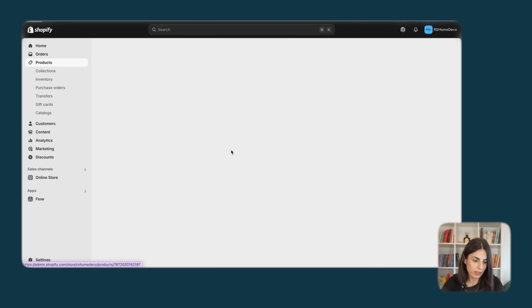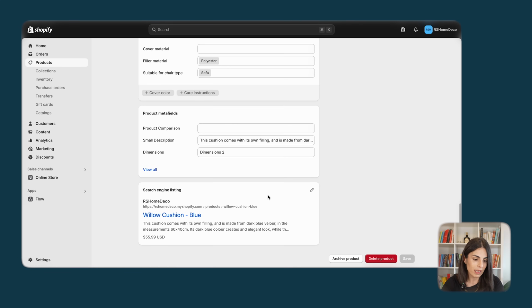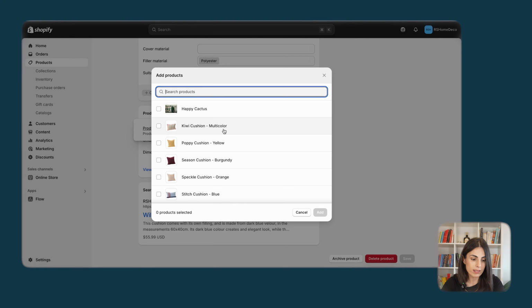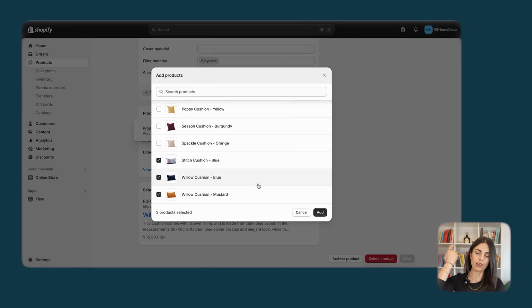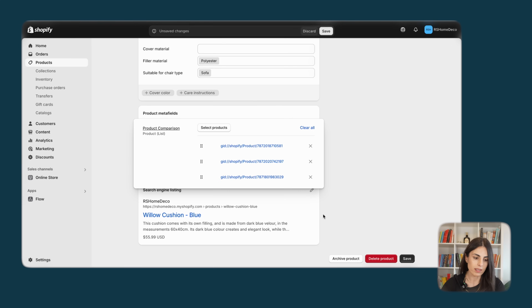So when I go to this product, now I will notice that under Metafields, I have a new metafield, which is a product comparison. I will click on it and I will select the products that I want to compare. So I want this one, let's say this one, or just I want this one and this one and this one. So basically I'm comparing all the rectangular cushions together, and I will click on add